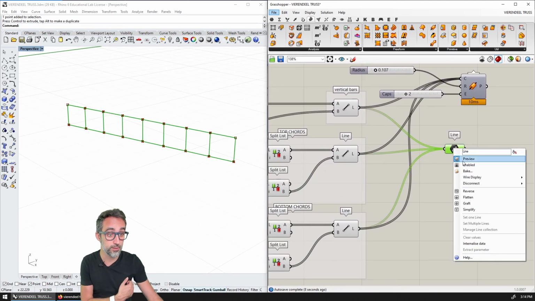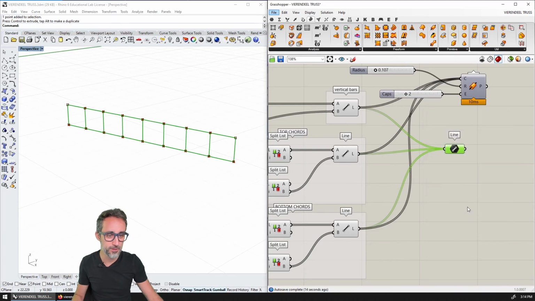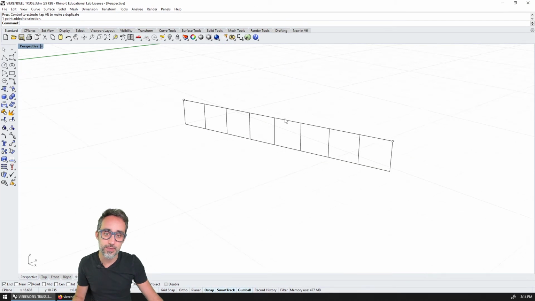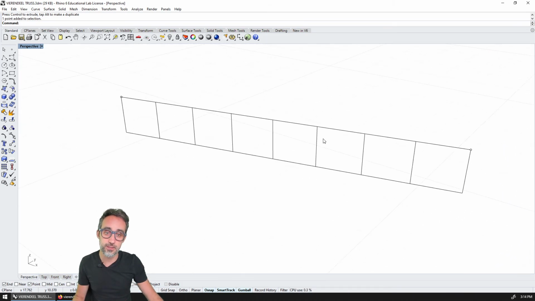So I'm going to right click here, I'm going to bake, and I'm going to click on grouping. I'm actually not going to click on grouping anything. Okay, so I'm not going to group anything, and I'm going to close Grasshopper. And you can see that now what I got was this spatial Vierendeel truss with each one of the vertical bars. But at the same time, you can see how each one of the top chords is individual and it goes between nodes.